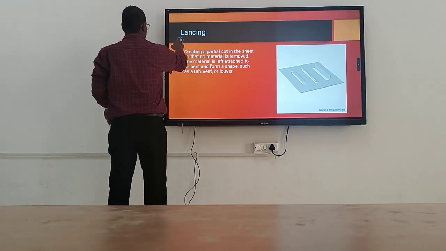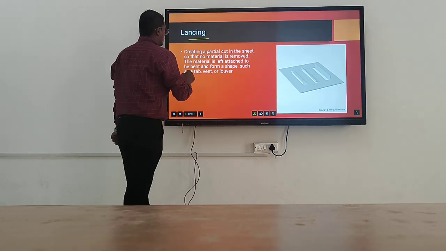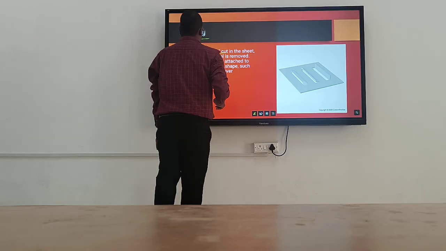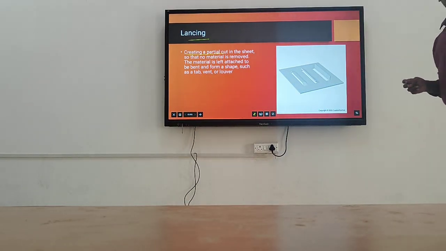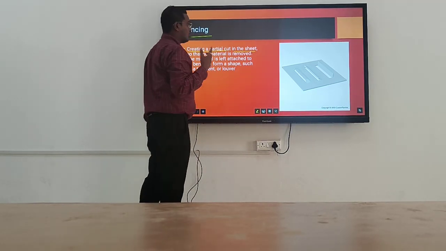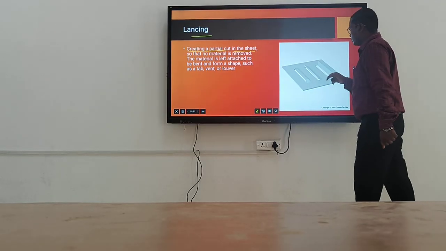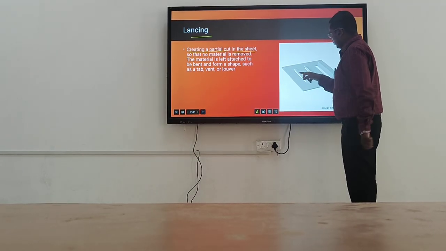Then the lancing. Okay. Lancing is to cut the sheet, but the sheet is not removed. Suppose here is the sheet. This one is the sheet. We cut that